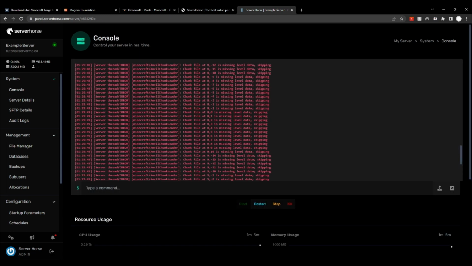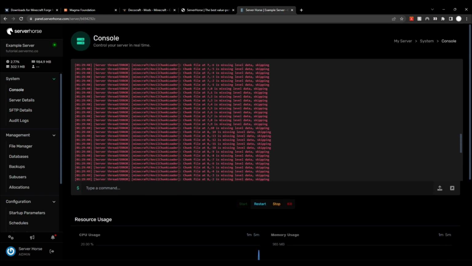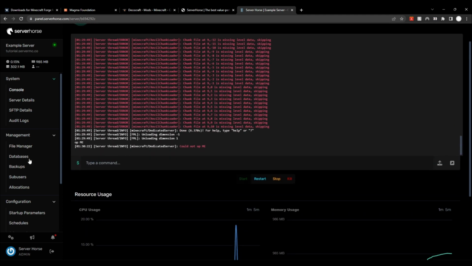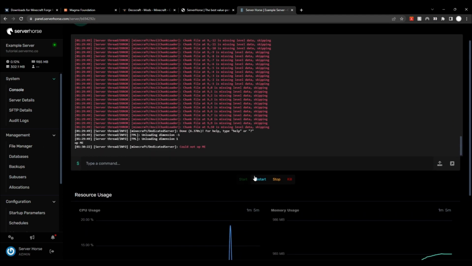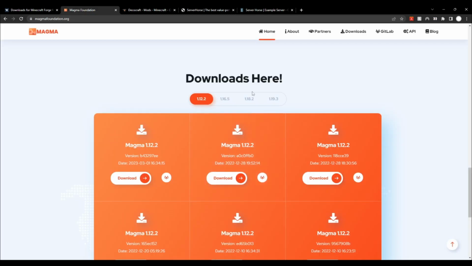But as you can see, the server booted very quickly. I didn't actually show you guys, but oh, you can see here, this server was previously another type of server, so it's using a different world, and so I was like, wait a minute, you know, so it was on a different version, so you can see that it was having a couple errors here. But if you're not switching from a totally different type of server beforehand, you shouldn't have any of those issues. But as you can see, it's already running, and then we can just put the mods into that server and reboot. Now I can go ahead and stop the server here,